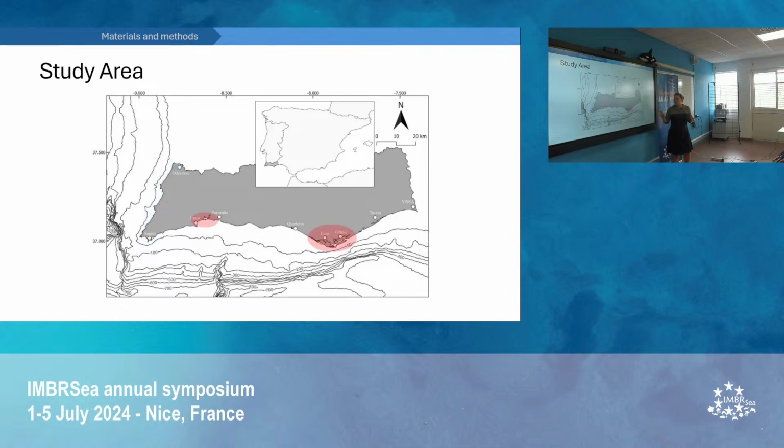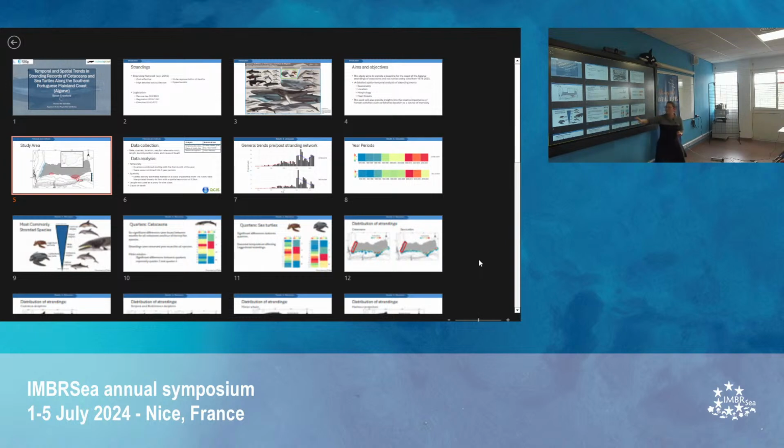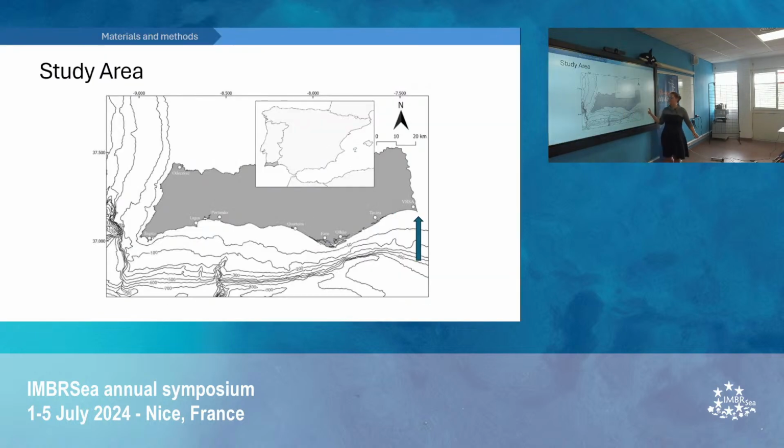Then I'd also like to point out the two lagoon areas that we have on our southern coast. In addition, we have an exceptionally narrow continental shelf at only 6 nautical miles, which means that that's bringing pelagic species closer to our shores. And we also have an estuary, which is the river that divides the Portuguese and Spanish border.